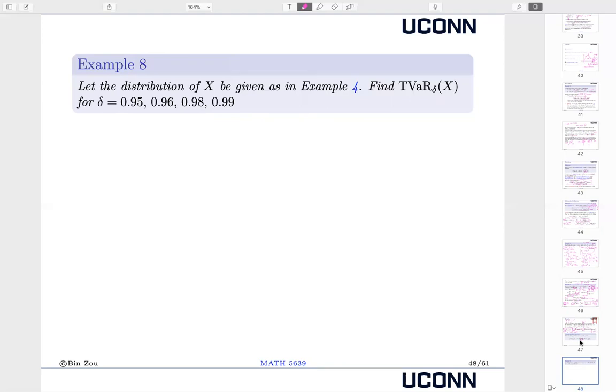It refers to the previous part of the question. Let me go back to example 4. So let me copy the distribution. Okay. So from example 4, I have